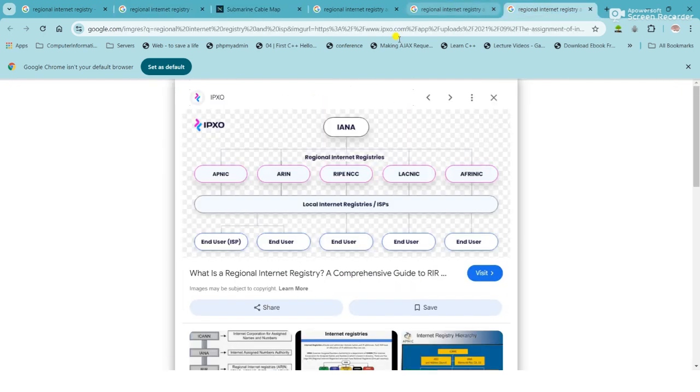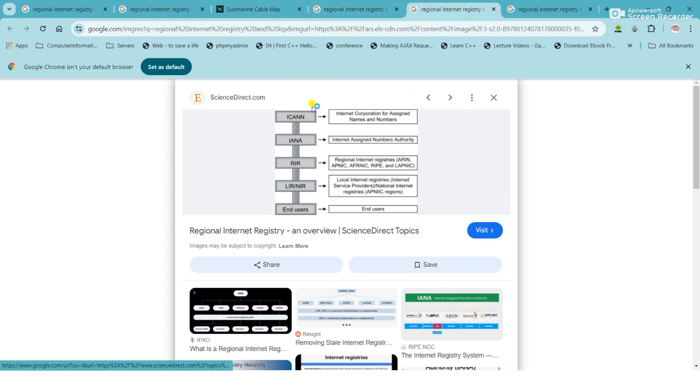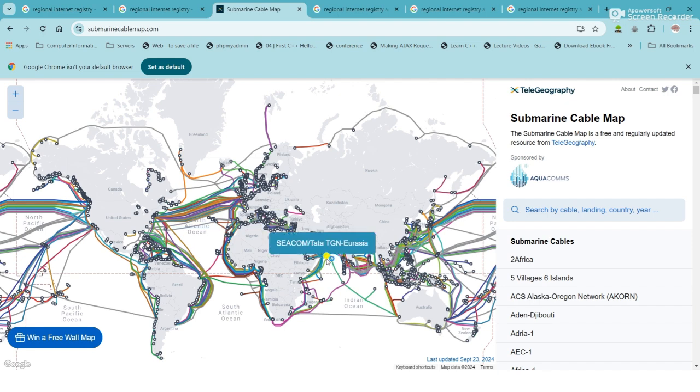the framework over here. So just for you to know that there are higher powers in place. So ICANN, then IANA, then the regional registry, then the local internet service provider, then the end user. So you yourself too, you can become an internet service provider. With this understanding, you just need to speak to the right authority and provide your solution. So this is just for the layered approach. That's for the physical connectivity.